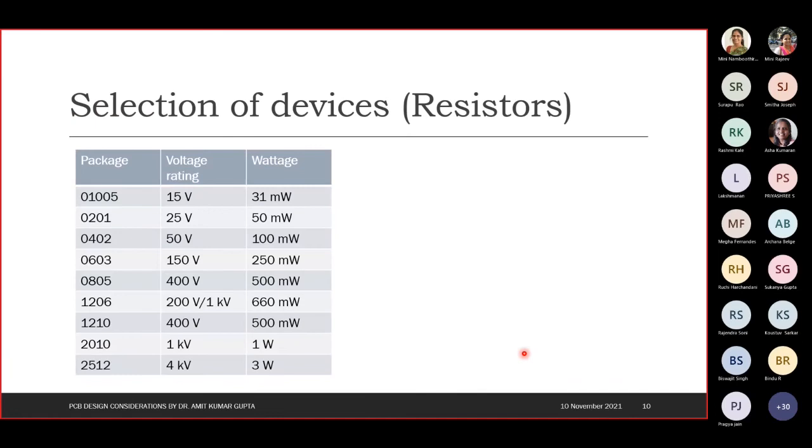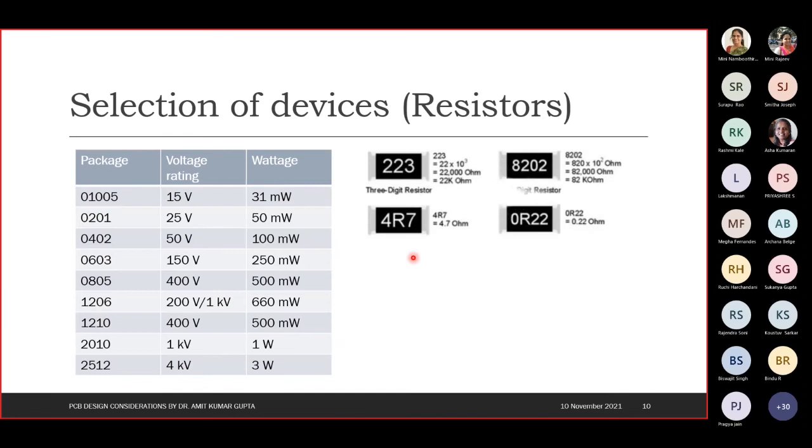Okay. So some of the devices we will now quickly talk about, a couple of five, six categories of the devices. First, in SMD we take resistors. So these are the package sizes of the resistor, various package sizes. So if we talk about, let's say, 0603, or we talk about 1206,